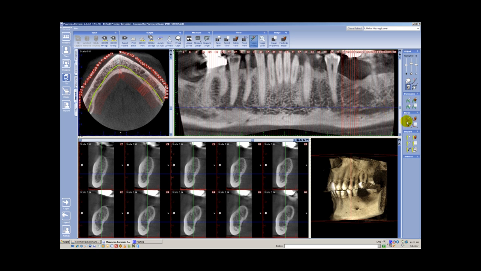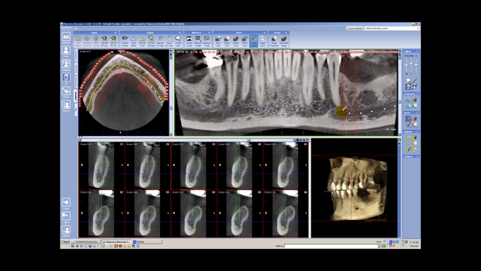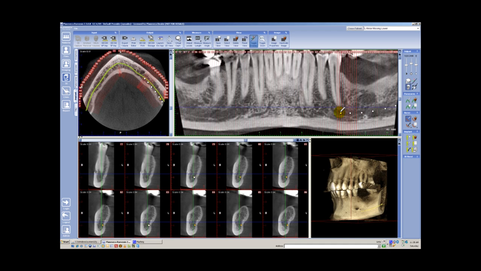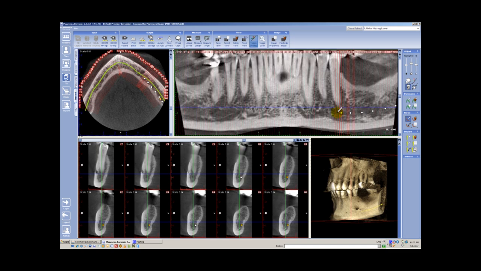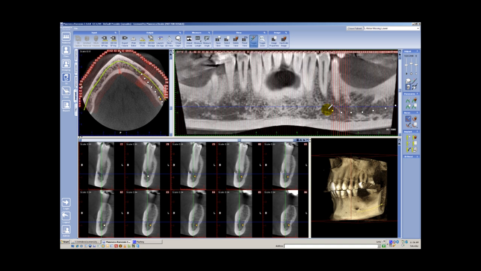So now I'm going to come over to my nerve tools, click on my mark nerve, draw a nerve icon, and I'm going to start plotting in the center of the nerve canal. And then I'm going to keep scrolling with my scroll wheel on my mouse, following the nerve canal. It'll snake through the jaw, so it'll go buccal, it'll go lingual. Sometimes you have to come back lingual and then go buccal again. But you just keep scrolling until you can see and just follow